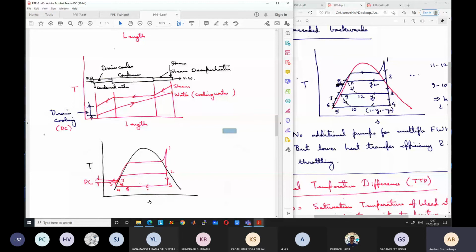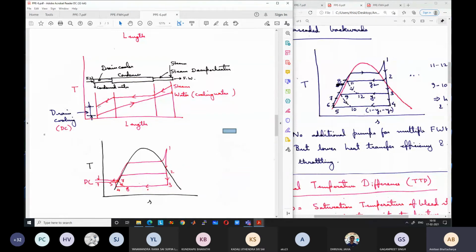I will again explain once. In the feed water heater, the steam enters at a superheated state. The temperature gets reduced to the saturated vapor state. Once it is a saturated vapor, further heat exchange occurs at constant temperature because there is phase change. So the temperature remains constant, but the vapor gets converted to liquid. Once the entire vapor has converted to liquid, because full phase change has occurred, there is again a sensible decrease in temperature. So again sensible energy release occurs and the temperature decreases.